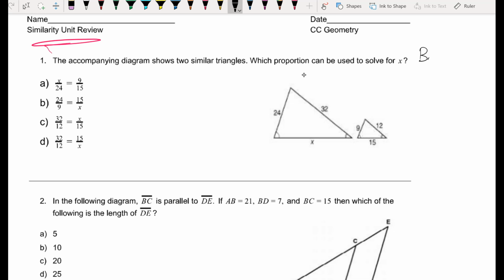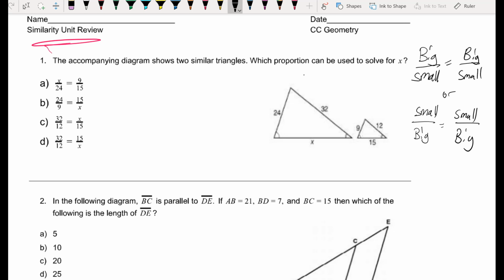So I'm looking for consistency here, right? A big side over a corresponding small side equals another big side over another corresponding small side, or vice versa. I can do a small side over a big side that corresponds to it, or another small side is equal to another big side that corresponds to it. So the first thing I look at is I'm going to go through each of my answer choices, starting with